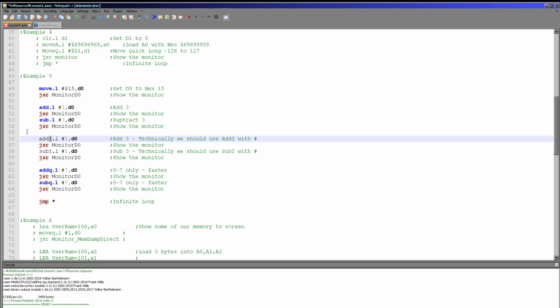ADDI, because technically speaking the add command should be ADDI when adding a fixed value to a register, and the same with SUBI. But once again, Vasm is kind and it's doing all the work for us if we don't specify it, so that's not something we need to worry about. Again as well, we have a quick version, ADDQ and SUBQ. These only work for 0 to 7 though. We can only add up to 7 with the ADDQ command,